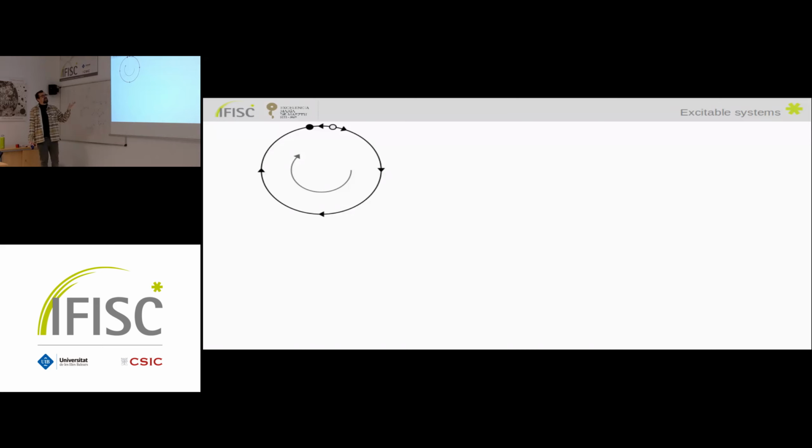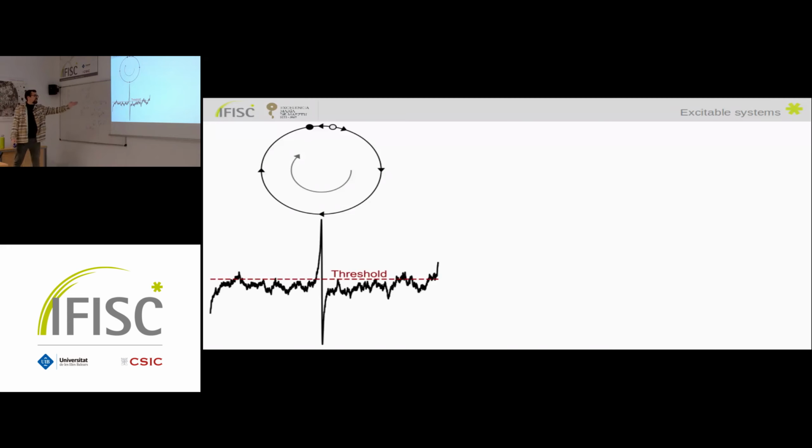Of course, these excitable systems are not so interesting if they are purely deterministic systems, but are more interesting when we introduce some noise. Because if there is some noise, the system will oscillate around the fixed point, but at some point it can cross to the other part and it will do a full revolution, which will look like a spike in the trajectory. So the trajectory will look something like this, for instance. It will oscillate around the fixed point, and then at some point it will go to the other side and it will complete a full revolution to oscillate again around the fixed point, and then it will do another spike and so on.